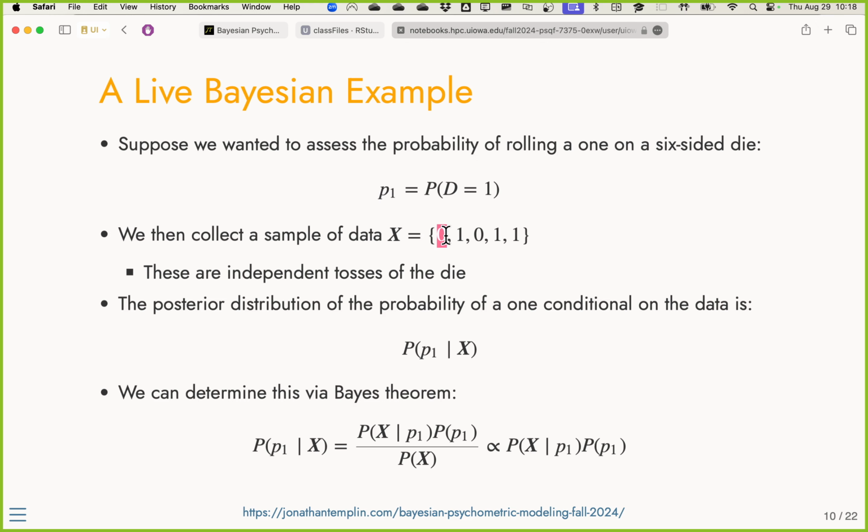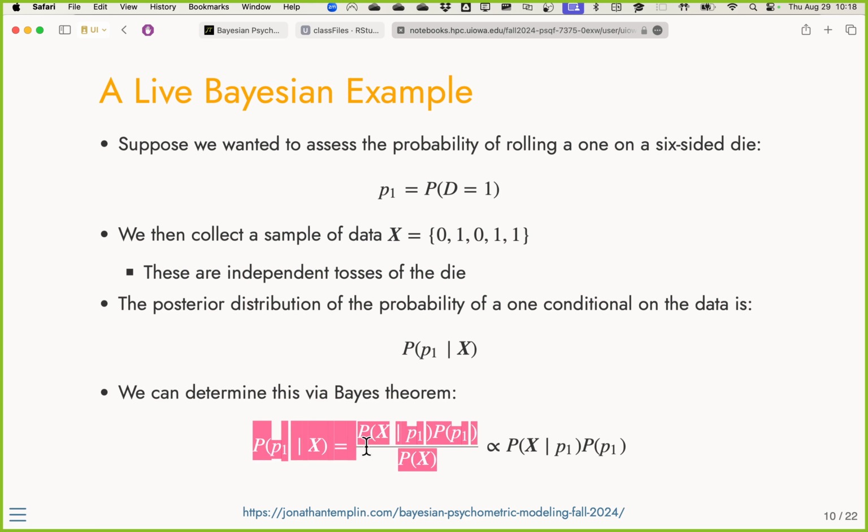And x is a 0 if we roll something other than a 1, and x is a 1 if we rolled a 1. So what we can assess is now, this is a little weird. We have a probability of a die being 1, and in this notation, it's the probability function, or the density. Right? This is usually used to denote a discrete probability. I more often use the little letter f to describe this as a function. This term is now a posterior distribution of where we believe that probability to lie.